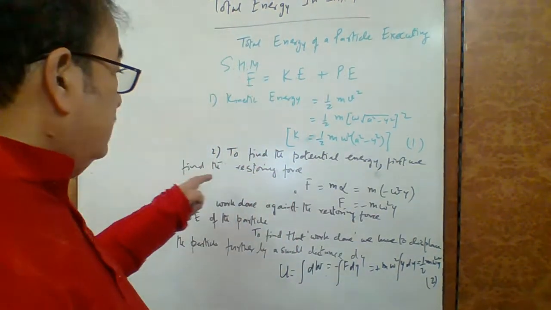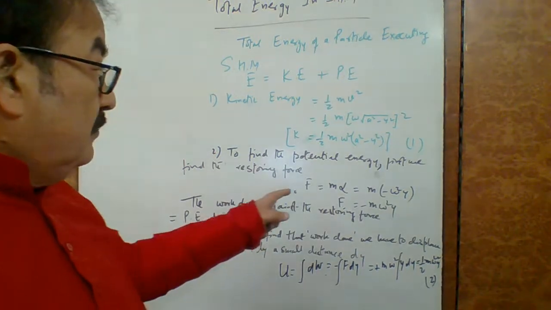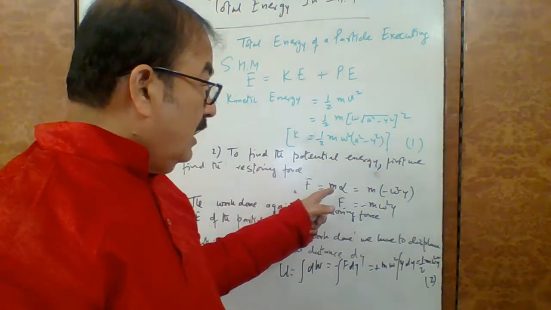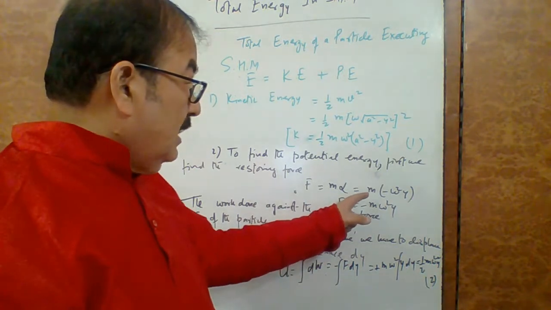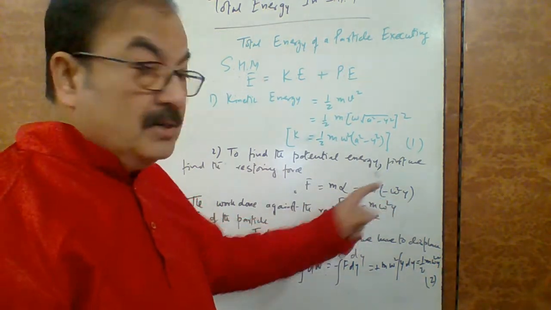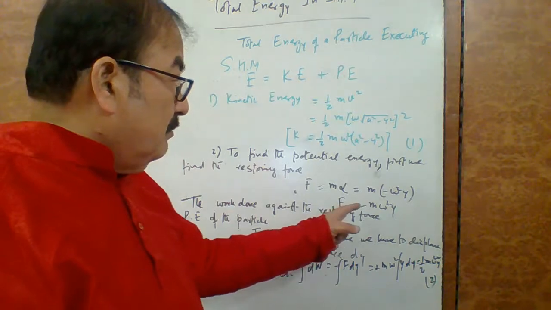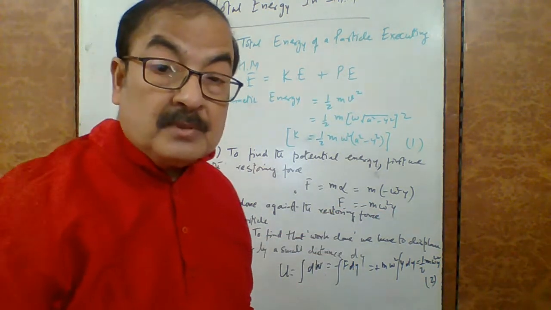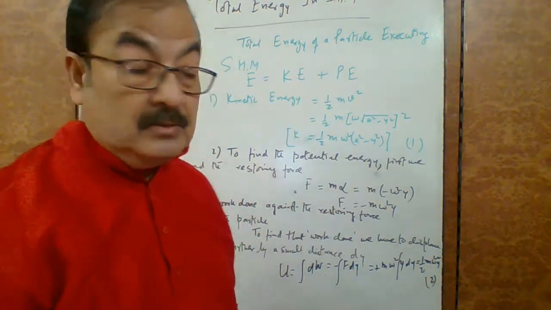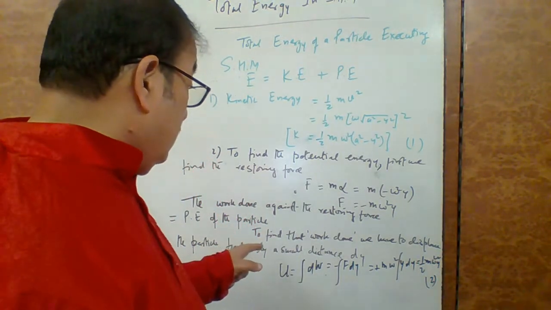First, we find the restoring force. A restoring force is F equal to m into alpha. Alpha is the acceleration, and m is the mass. Alpha के जगह minus omega square y लिख दिया, that means minus m omega square y. The work done against restoring force अगर हम निकालना चाहेंगे, क्या चीज हो जाएगा, that will be equal to your